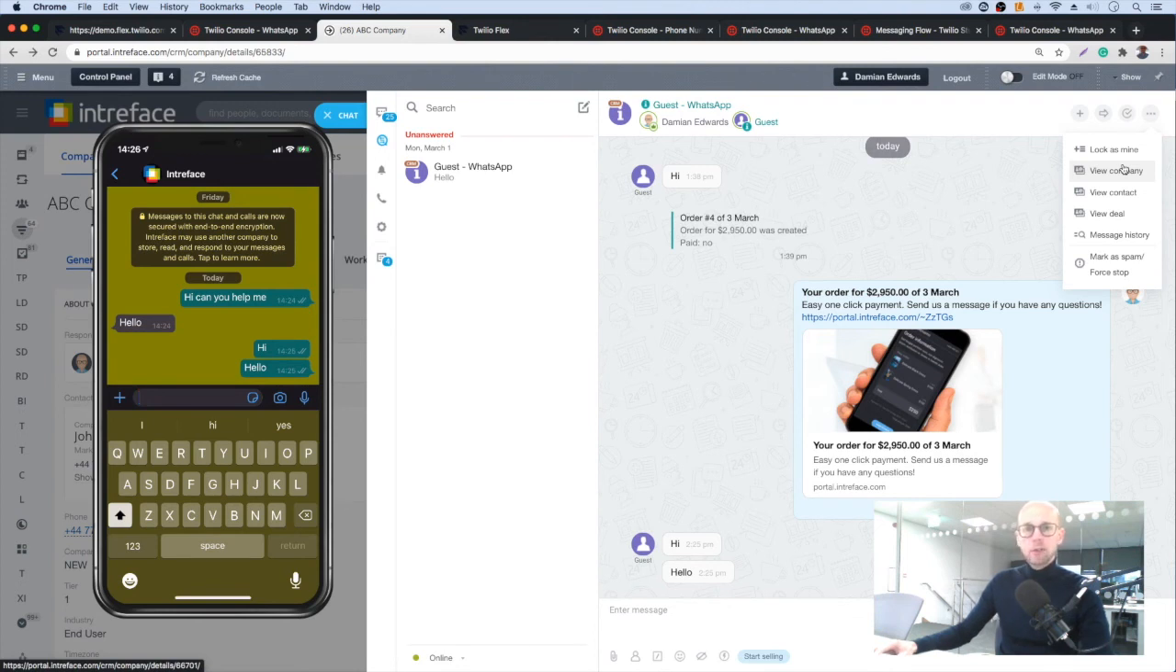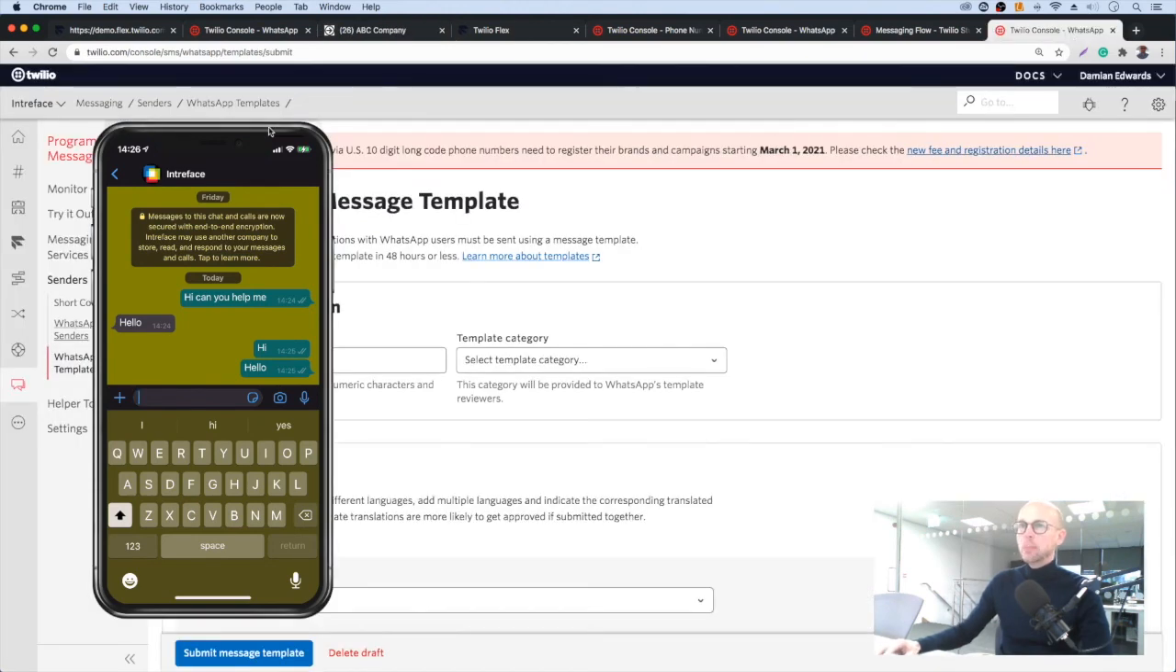So that's it for incoming messages. Two different ways of receiving and replying to incoming messages, either within the Twilio Flex agent portal or within your own CRM. The only other thing you might want to do